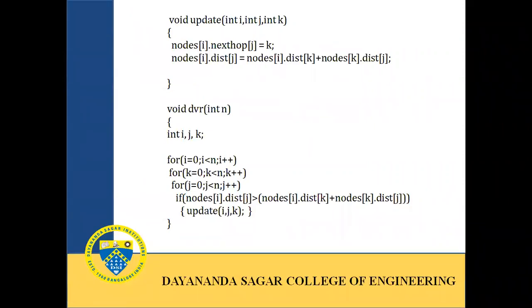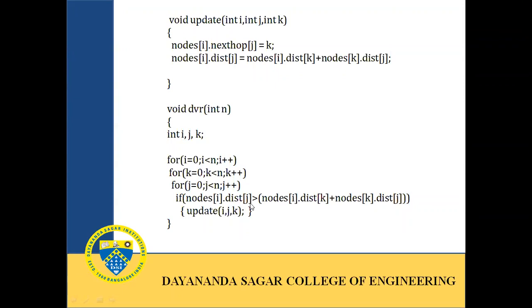Now we'll see how the distance vector routing algorithm actually works. So we have 3 loops, which help in indicating which row entry has to be modified. So we have the I loop, K loop, J loop. So distance vector helps in finding the shortest path. So I represents from and J represents to. So from which node to which node, which is the distance. So this value, that is ij, indicates the cost involved from I to j.